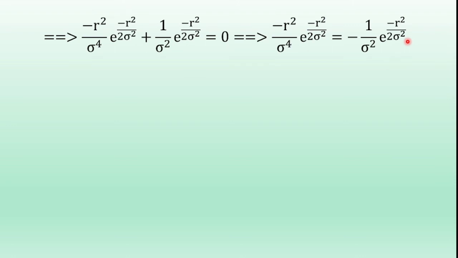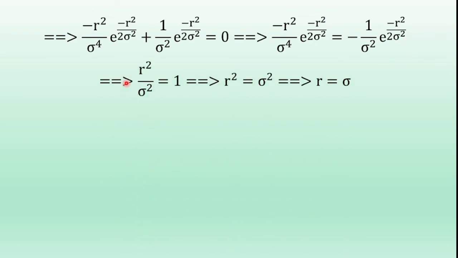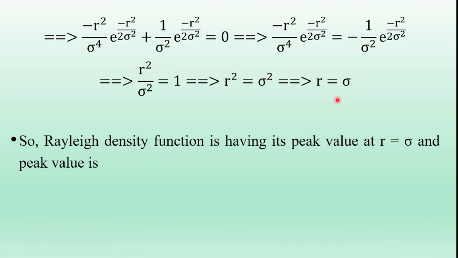On both sides, e power minus r square by 2 sigma square is cancelled. We get r square by sigma square is equal to 1, which is r square is equal to sigma square. So square is cancelled on both sides. We get r is equal to sigma. So the Rayleigh density function has its peak value at r is equal to sigma, and its peak value is,